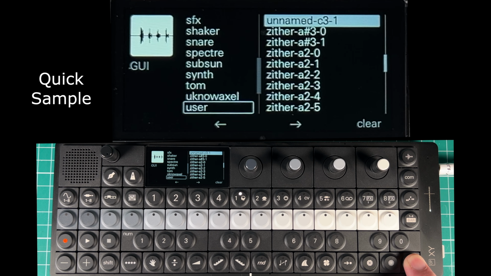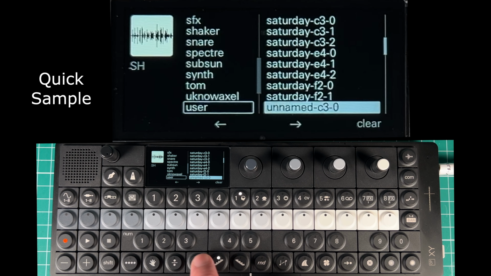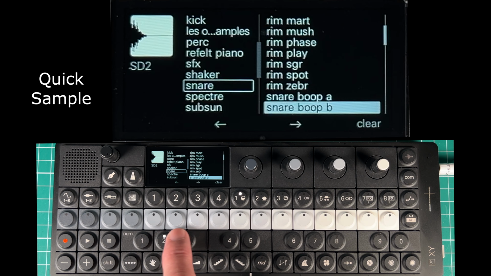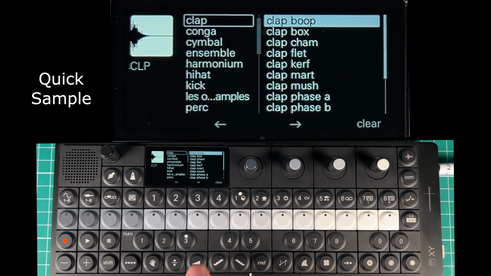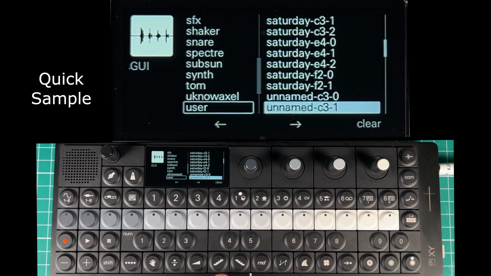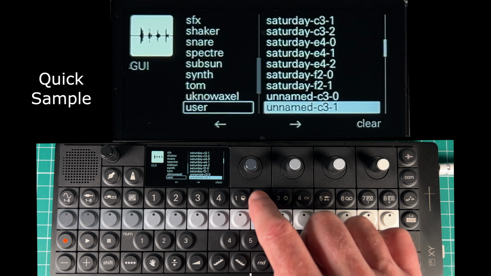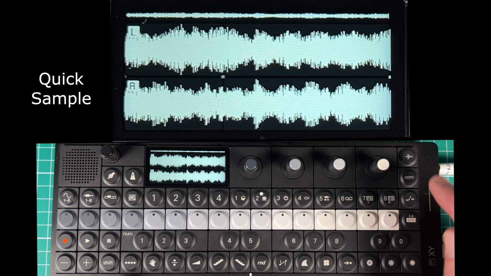And of course all these other keys are unaffected. All the samples assigned to those keys are still there. So although I used a different key, I used C3, it can be assigned to any note in a drum kit. Now if I go to a sampler instrument, this one here, and bring that sample in,